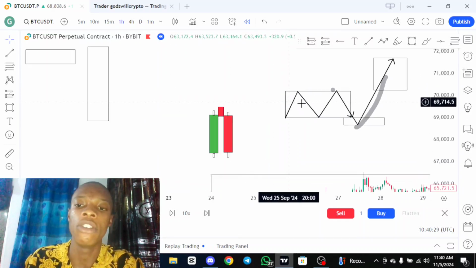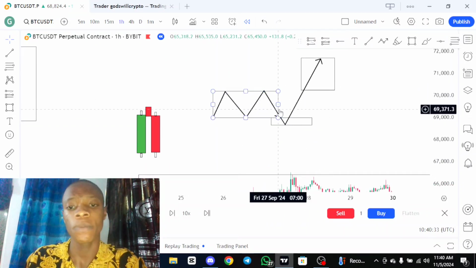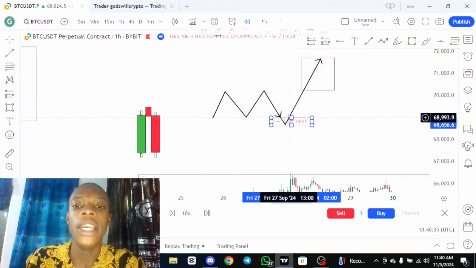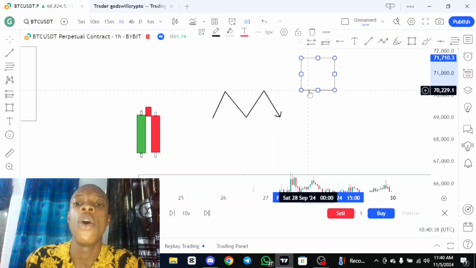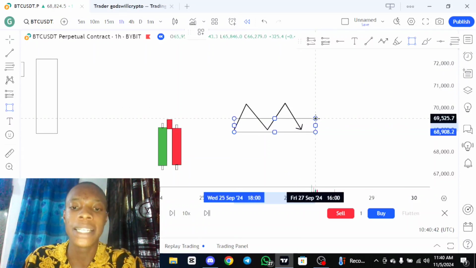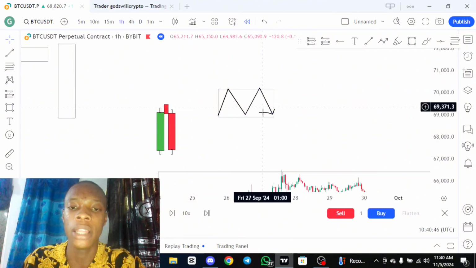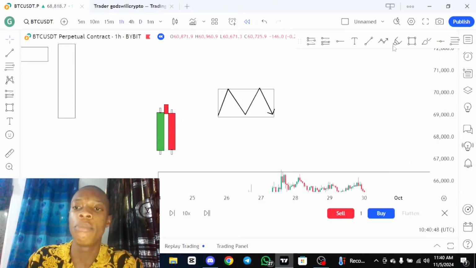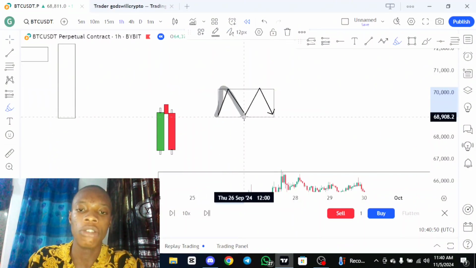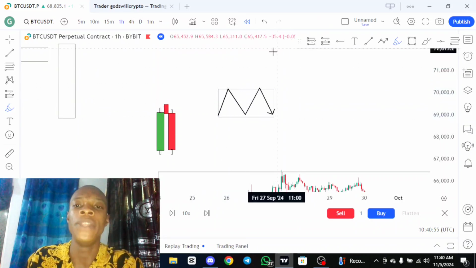Let me show you some real chart examples right here. So I've already indicated this. Now, the accumulation phase is just a phase where the market will keep ranging between a resistance level and a support level. Let's see something like this. I'm going to go back to a real chart and then teach it. But something like this, it will keep ranging from a resistance to a support to a resistance to a support. This is just a range. This is mainly what we call the accumulation phase.